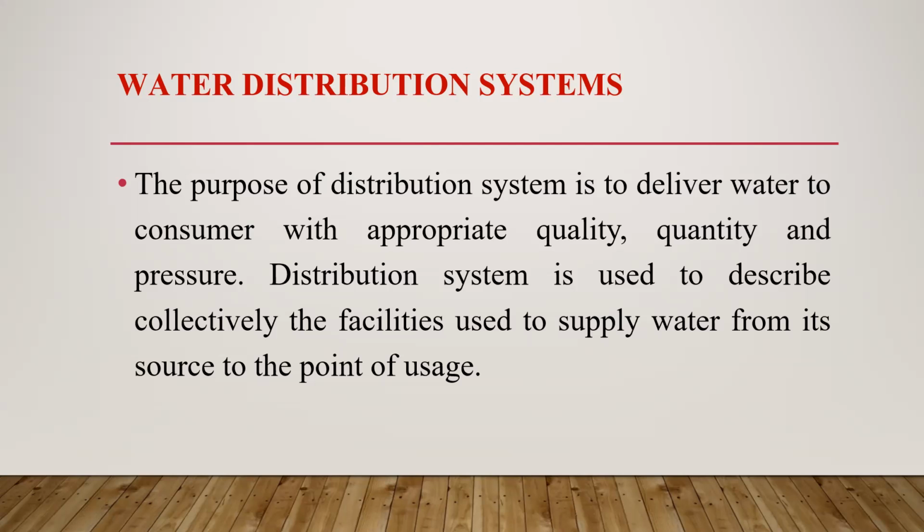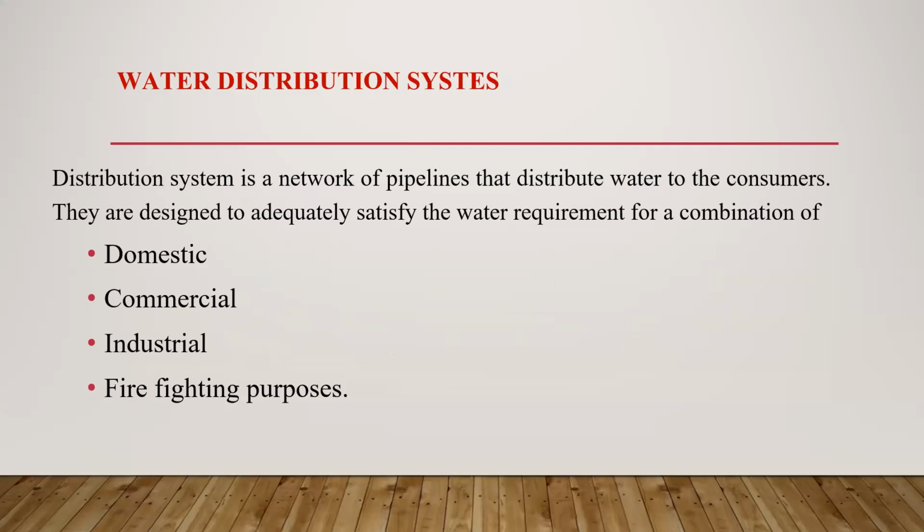Okay, so from source to point of usage, meaning until the water is dropping into your sink from the ESR, this entire set of facilities in that period, whatever the facilities required, is considered as the distribution system. Whatever the systems, accessories, requirements are there between that spot and this spot, that is known as the distribution system.